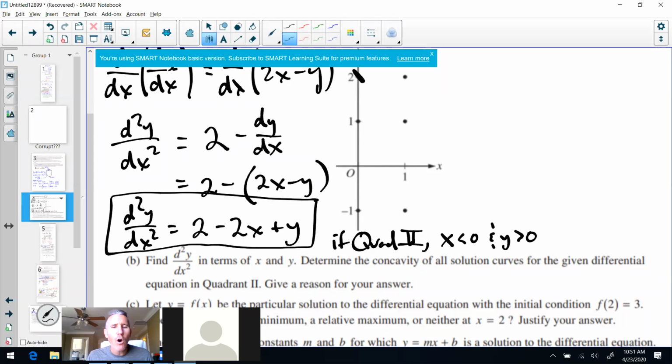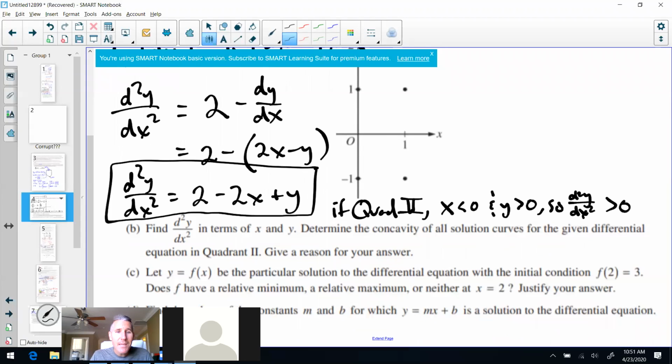So when I plug in any points where the x value is negative and the y value is positive, I'm going to have 2, and then that's going to be positive because negative 2 times the negative value is going to be positive. And y is always positive, so everything is going to be positive. So the second derivative of y with respect to x is always going to be greater than 0 there, which means that,